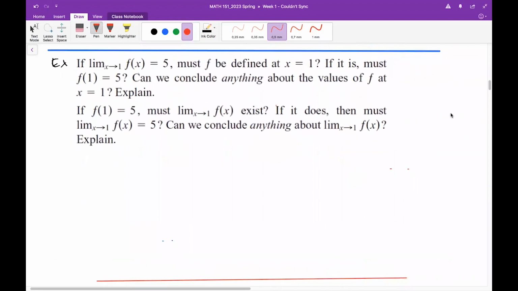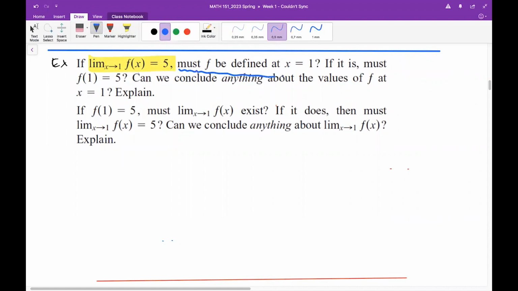Okay, second exercise. This is also a nice exercise too. This time we don't have a graph. What we have is some information about the function. By using the given information, we will try to solve a puzzle kind of question. So the given information is this one. Limit of our function as x goes to 1 is 5. So then the question is,